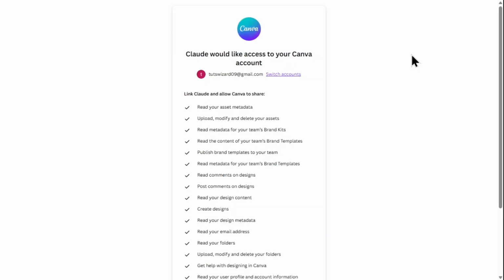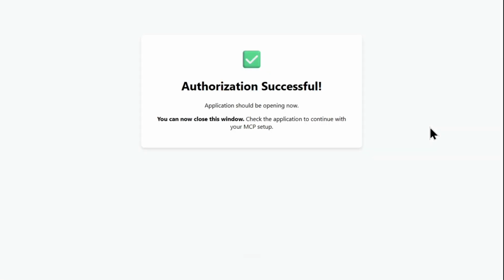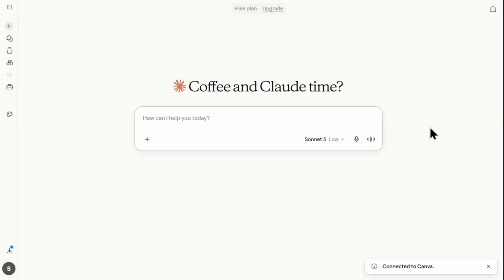pop-up window prompting me to sign in. A new tab opens to the Canva authorization page listing account permissions. I scroll down to review the details and click the purple Allow button at the bottom. Once authorization succeeds, I return to the Claude tab where a dark notification banner at the bottom right confirms that